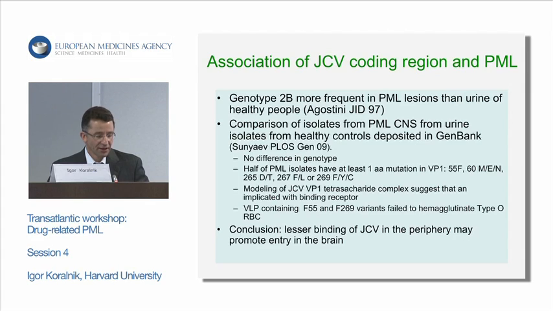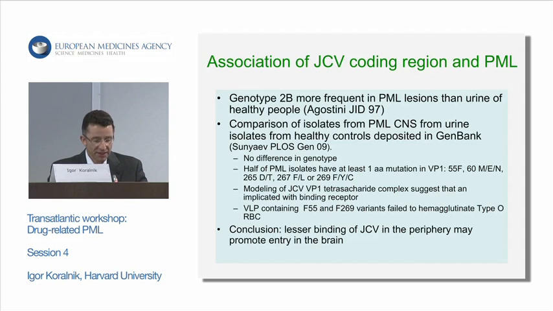When modeling the JCV VP1 tetrasaccharide complex, they suggested that these amino acid sites were implicated in binding to the JCV receptor. And when they made virus-like particles containing some of these mutations, but not all, for example, these two variants failed to hemagglutinate type O erythrocytes. And